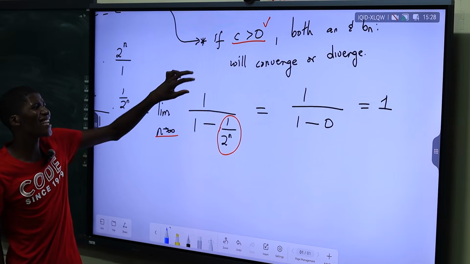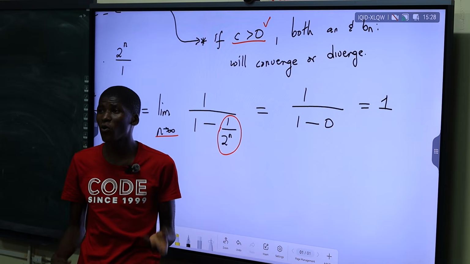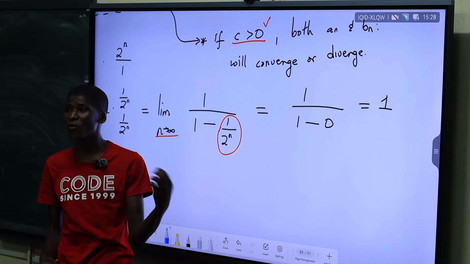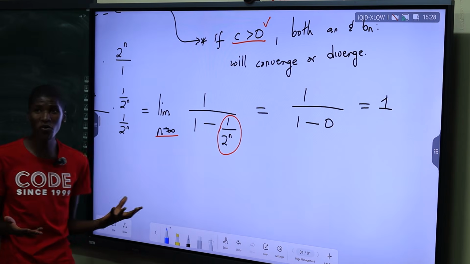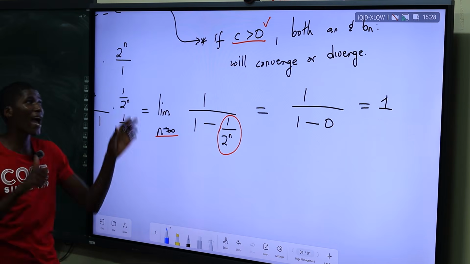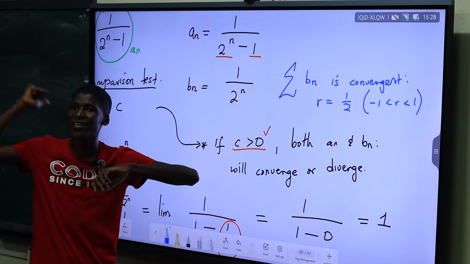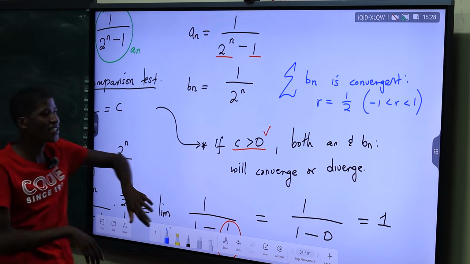And we also know that the limit that we found is a what? Is a positive number. Then we can conclude An will also do what? Will also converge, because both conditions are met. But with comparison test, sikaxelela phaya ingathi sithi thina u-Bn is convergent. Bona bebafuna ubani? U-divergent. Then we couldn't use it anymore.